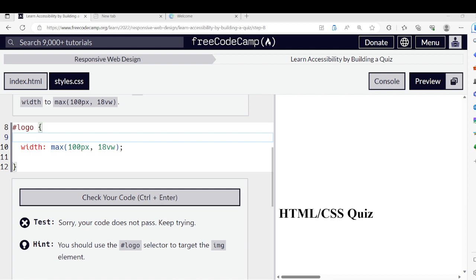Generally, when you add an ID to an element, it should be unique, so it shouldn't appear more than once in an HTML element. There isn't really a need to specify the element type because of the ID. So by selecting logo, you're already selecting the image because of the ID attribute on the image's logo. So all you need is so